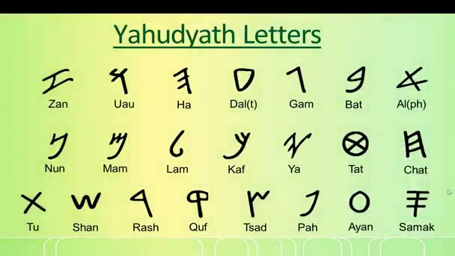So here is the Yahudyath alphabet, and as you can see here, it looks vastly different from pictographic Yahudyath, and it definitely looks different than modern Hebrew. And as you can see, each letter has been named. Some of these names look familiar, some of them do not. This is what's known in modern Hebrew as the Aleph, but the Aleph actually has a lot of vowel pointing, and